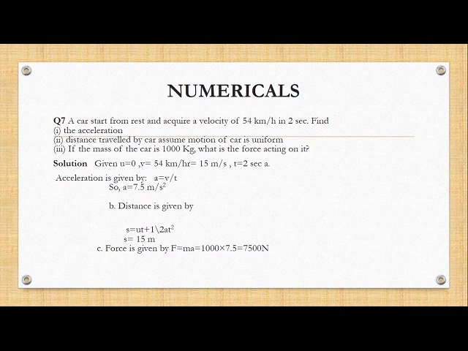Okay, now what is the second thing they have asked? Distance travelled. So again for distance travelled, we can use the formula s is equal to ut plus half at square, right? So that also we can get very easily. And, children, once we get the acceleration, mass is already given. Yes, mass is already given in the third part. So we can find the force produced, F is equal to ma.